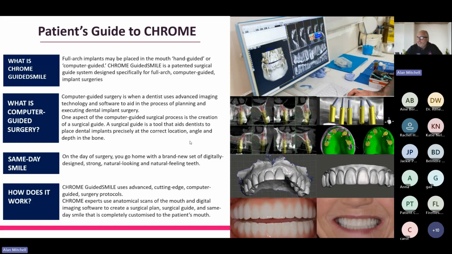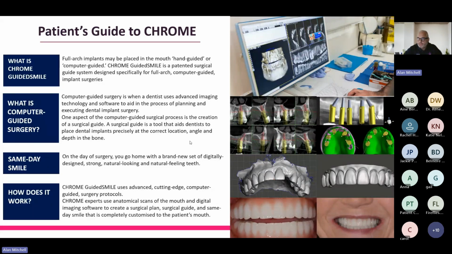So from a patient's point of view, what is CHROME GuidedSMILE? There are two ways in which we can do full arch surgery. We can do it hand guided, or computer guided. CHROME GuidedSMILE falls into the area of computer guided surgery. It takes a certain set of records that we would have gone over, and your clinicians will be very aware of the type of records that we need. We can take this and turn it into a guided system